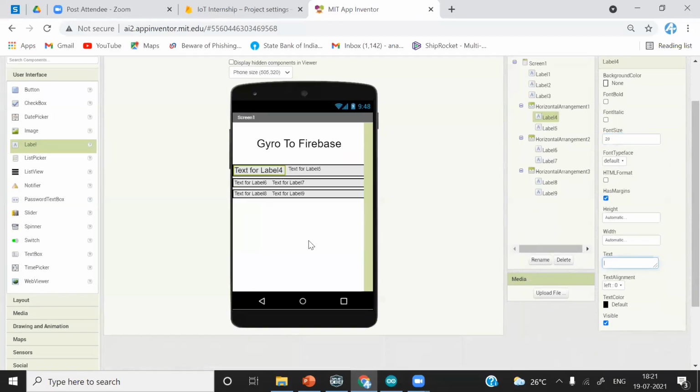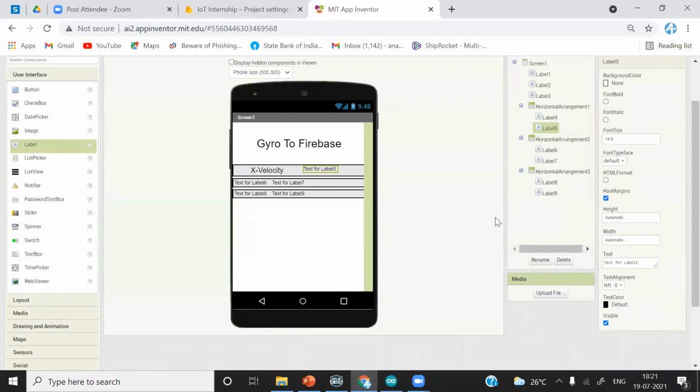Change the text to X velocity. Make the width 50% for symmetry, and text alignment center.